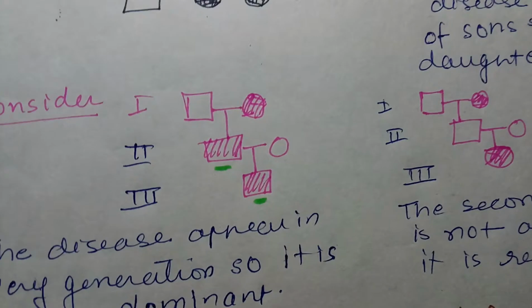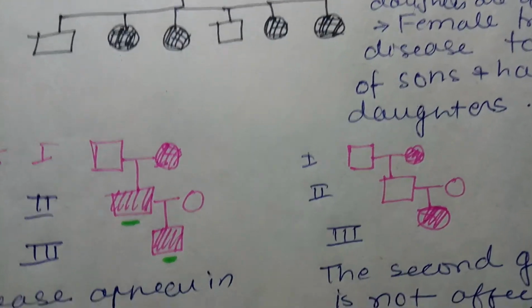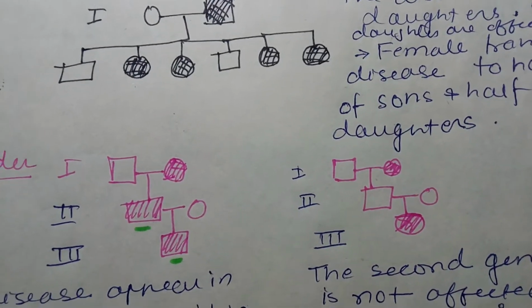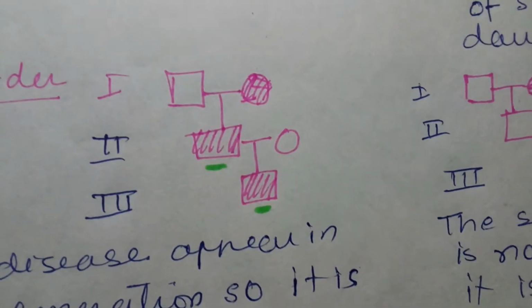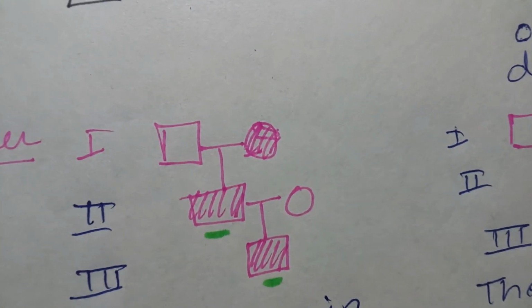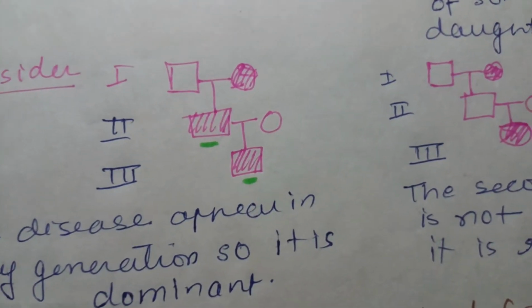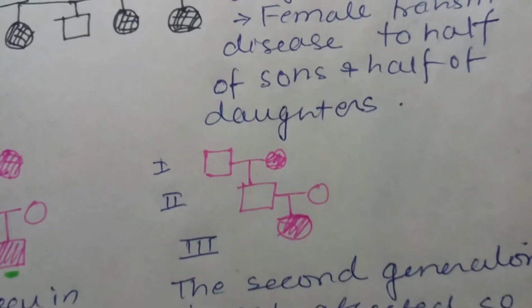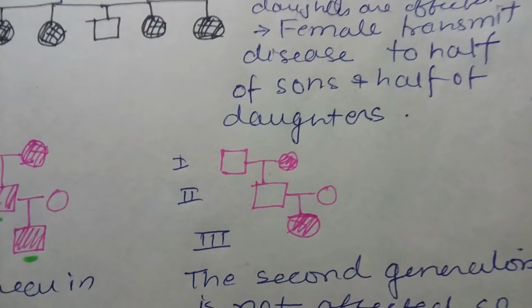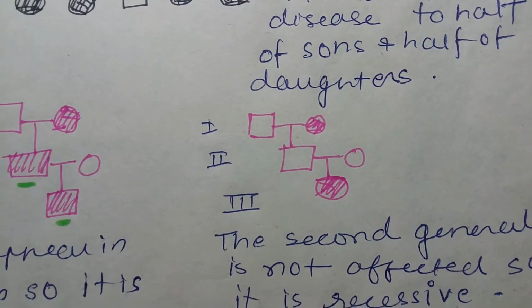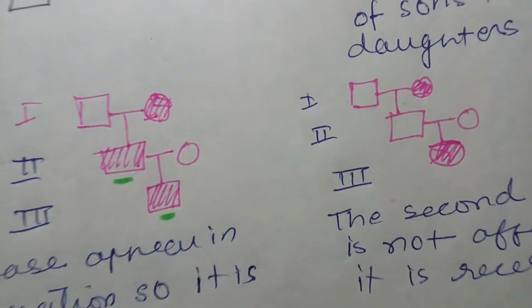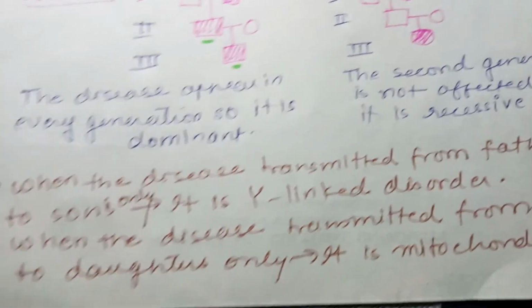Now also look at these two analyses. If you just look at once, you'll find that in this, none of the generations is escaped. The disease is present in generations 1, 2 and 3. So this is a dominant kind of disorder. If you look at this one, it escaped a generation: in generation 2, there is nobody with the disease. So this is a recessive pattern of disorder. So you have to do more analysis and you'll come to know how you can predict the genotypes.